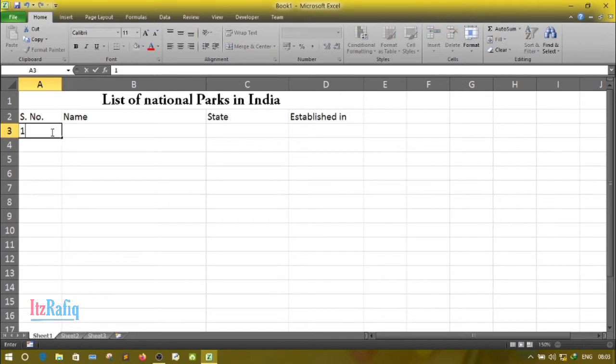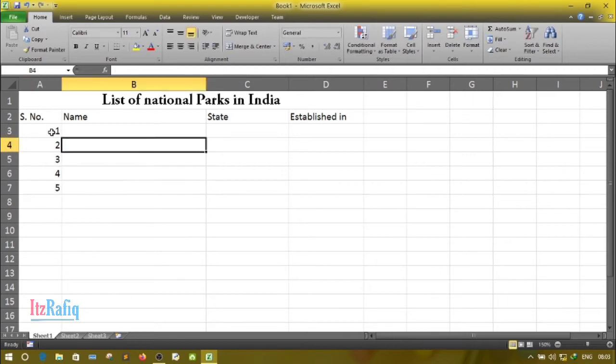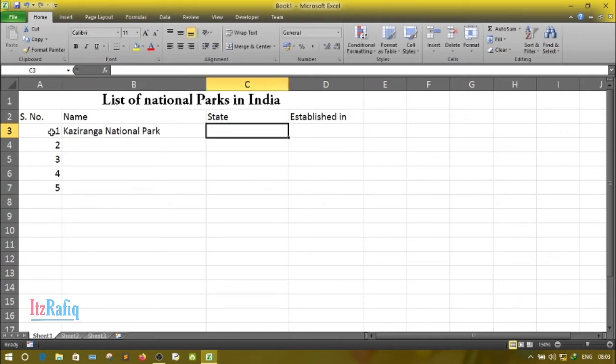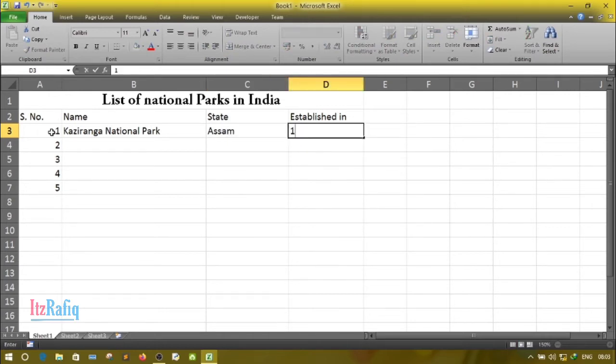Here we'll write serial numbers 1, 2, 3, 4, 5, and here we'll write the names of the national parks. Kaziranga National Park, state Assam, established in 1974.